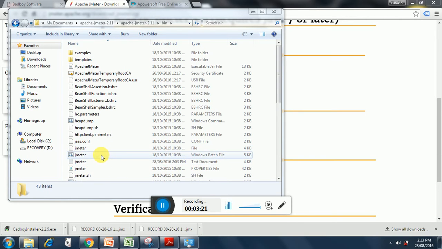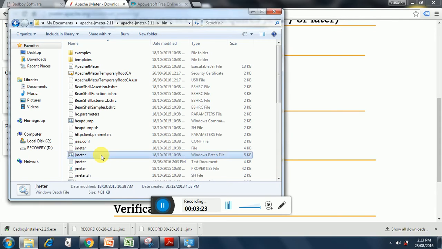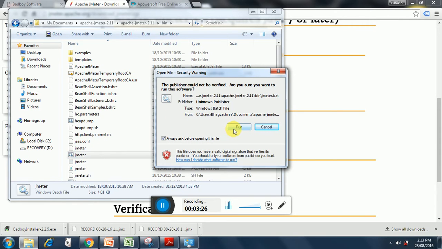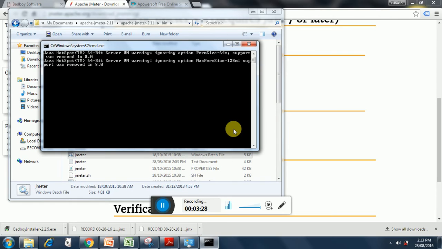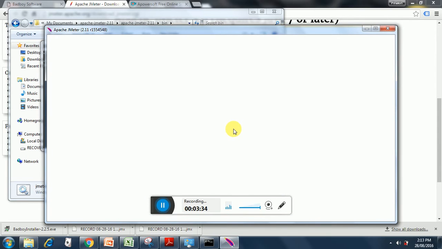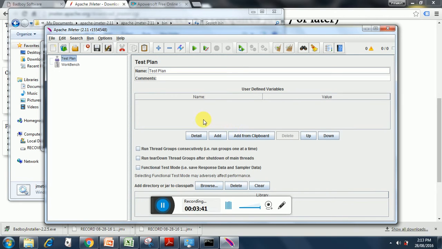So now let's see how we can open the JMeter batch file. I am trying to open the JMeter UI now. So this is how the JMeter UI looks like. It's a very simple UI.